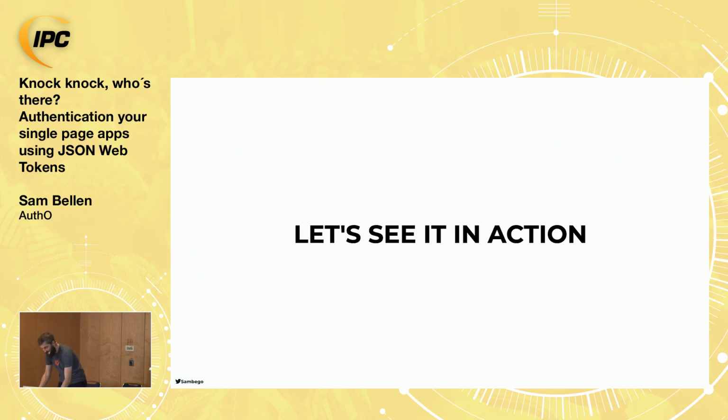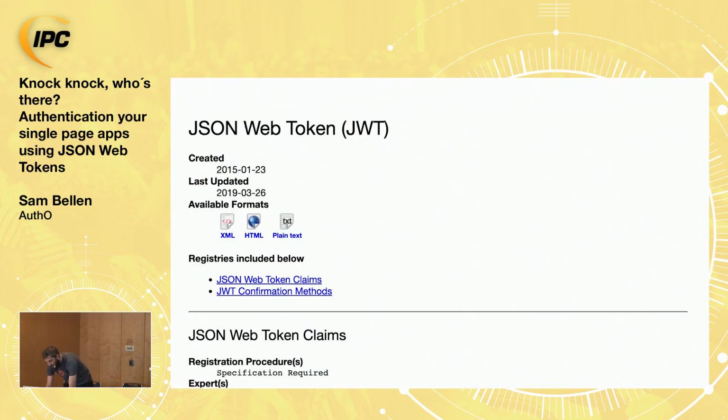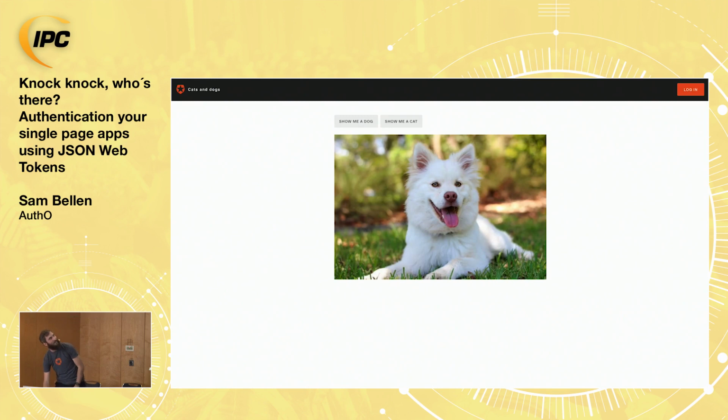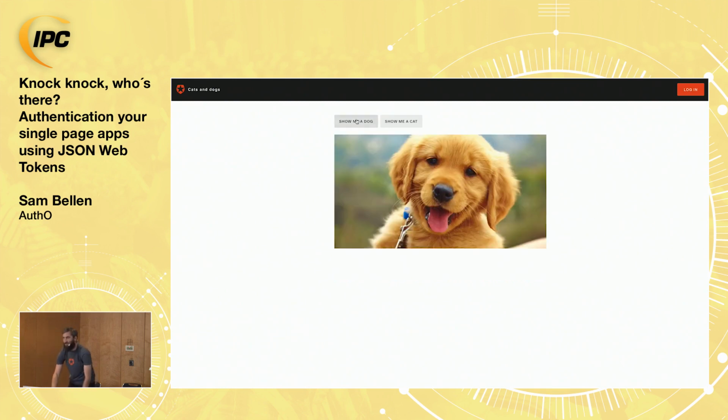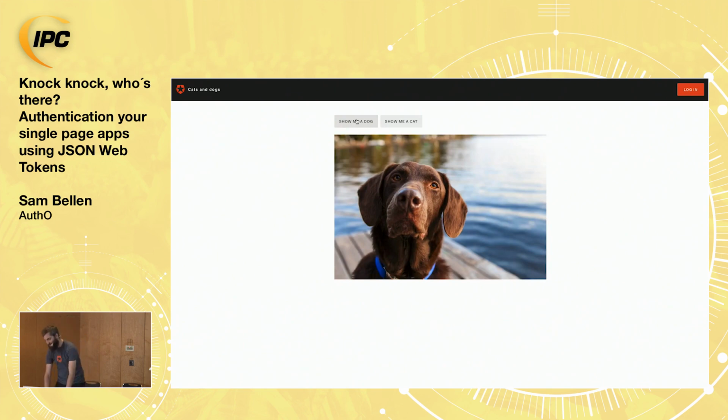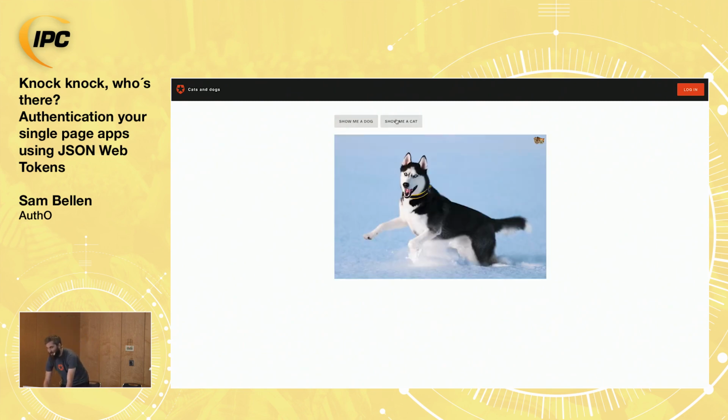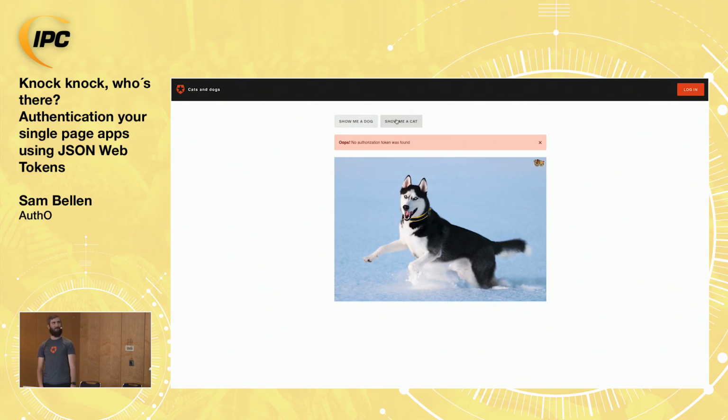So let's see it in action. I have this wonderful website, and it has two buttons. One shows me dog pictures, because we all love dogs, and one shows me cat pictures. But if I click on it, it says, oops, no authorization was found, because if you know dogs and you know cats, cats are always a bit more difficult than dogs, right? So I need to log in and get some credentials to access these cat pictures. So I'll log in,